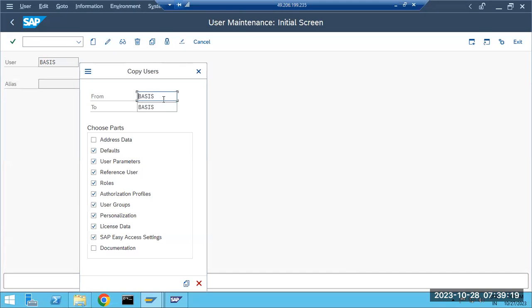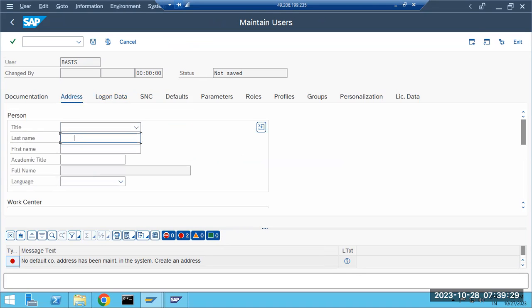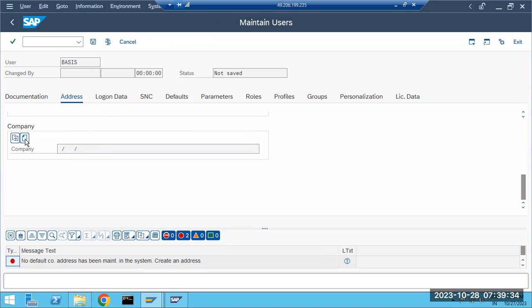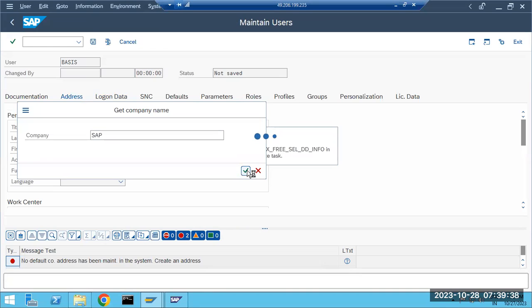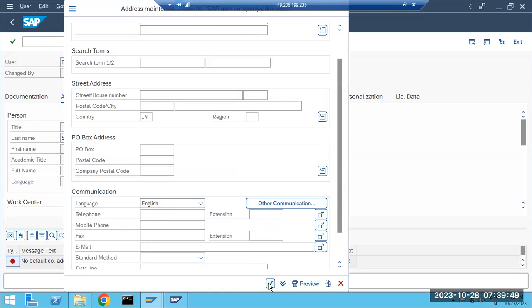This is the one topic which we are going to discuss. I'm just creating one user, just for example here, right? So here, all the details I am filling, click on the OK button.